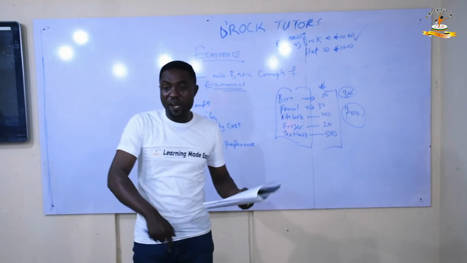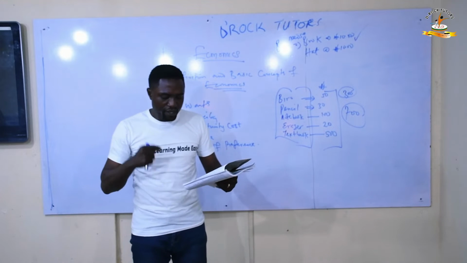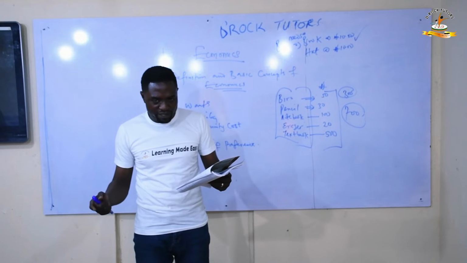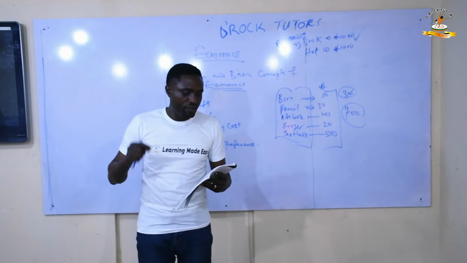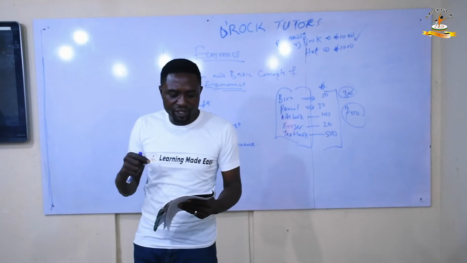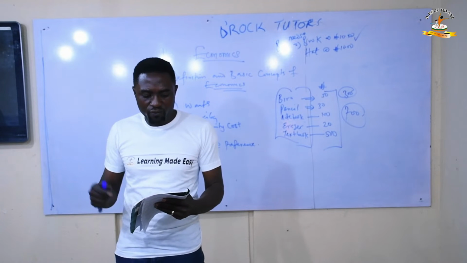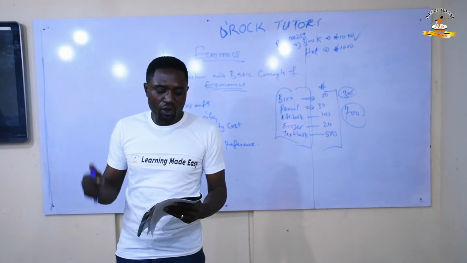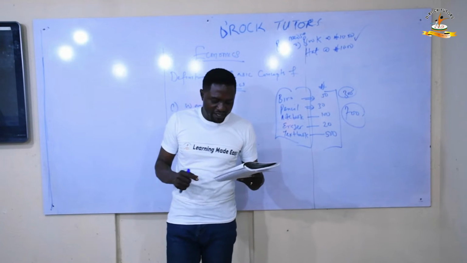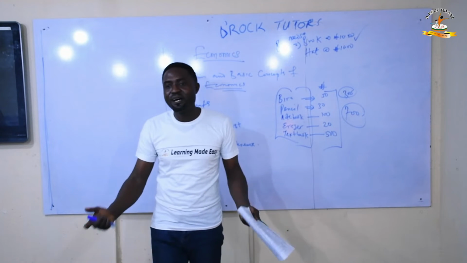The meaning of scale of preference. The meaning of scale of preference is A. Preparing a list of goods and services to be purchased in order of priority. B. Showing a monthly income. C. Budget preparation without due regard to proper priorities. D. Consumers' preference for luxurious goods. E. Consumers' preference for foreign goods. A. What did they say? Okay. A. Preparing a list of goods and services to be purchased in order of priorities.